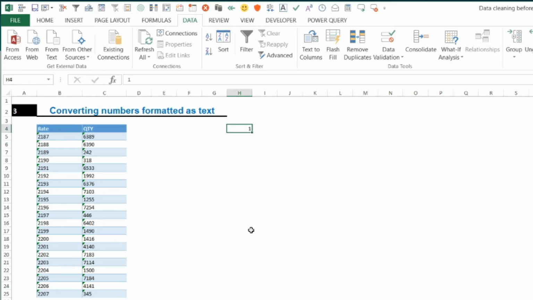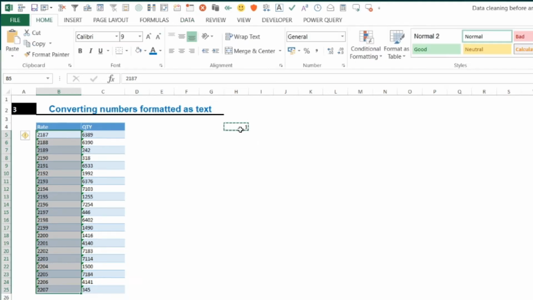Enter the 1 into an empty cell, copy it, select your data. This is the data I'm selecting. Another thing before we go further: when you select your data, you'll find that it is not giving you a sum, it just gives you counts, which means they are not numbers. You see it is giving me 21 instead of giving me the total. Now select your numbers, go to copy, select all the data you want to convert to numbers, go to paste,